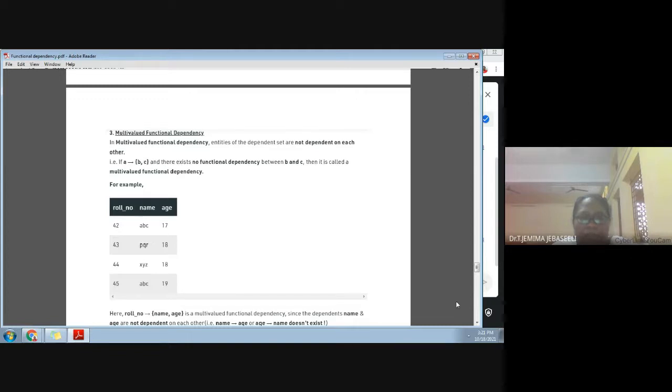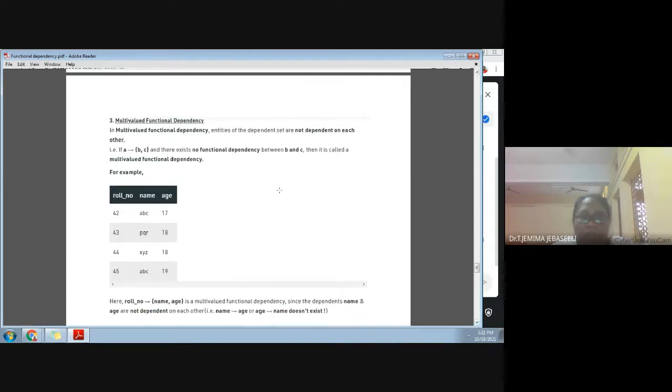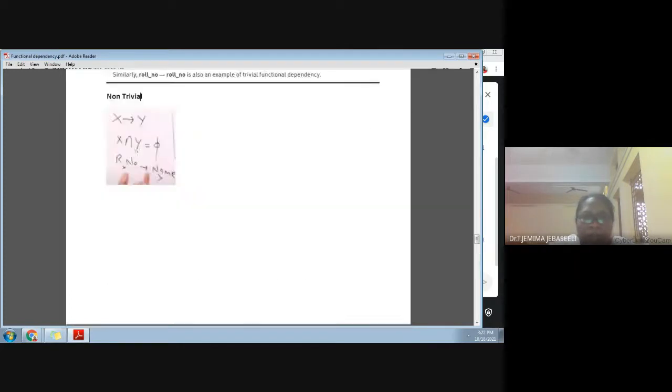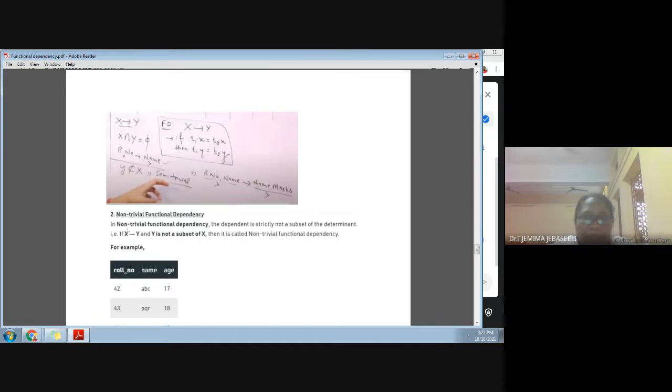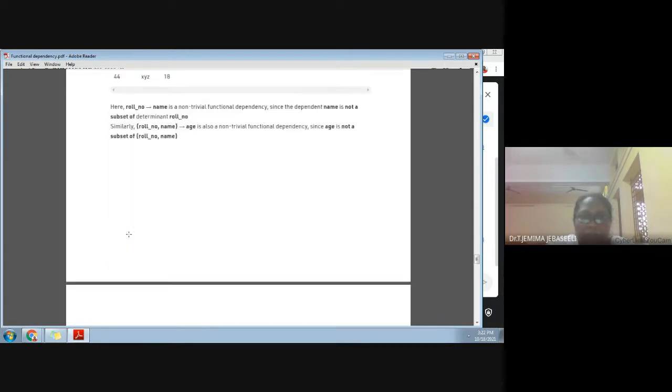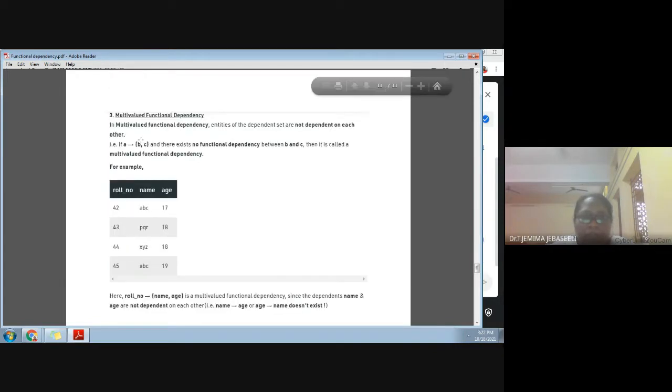Then it is going to be multi-valued. It is similar to the second one, non-trivial. In non-trivial, we compared a single element. The same kind of non-trivial relation existing between more than one element, that is called multi-valued functional